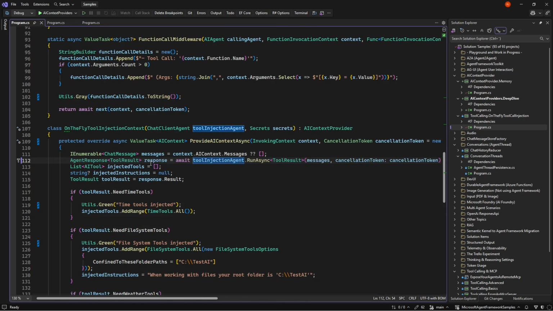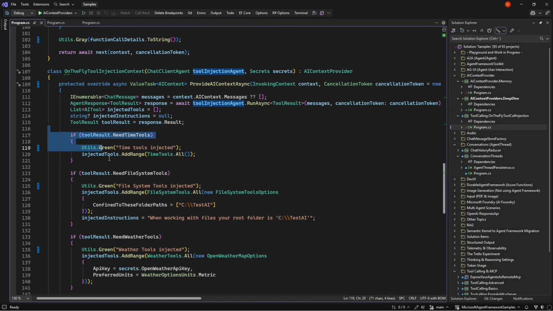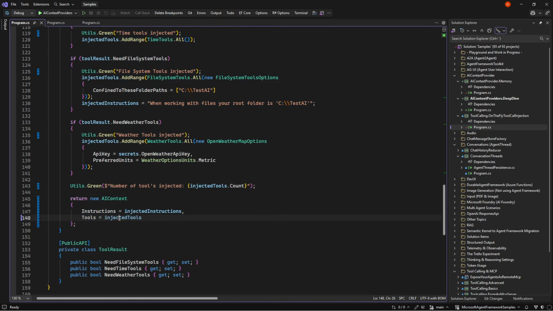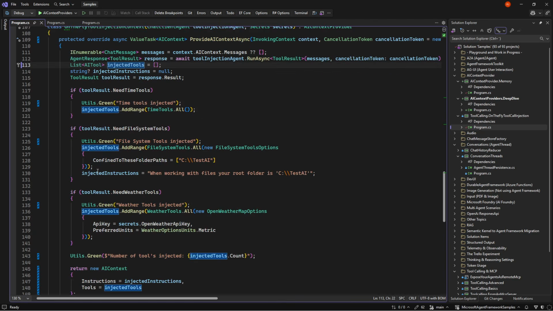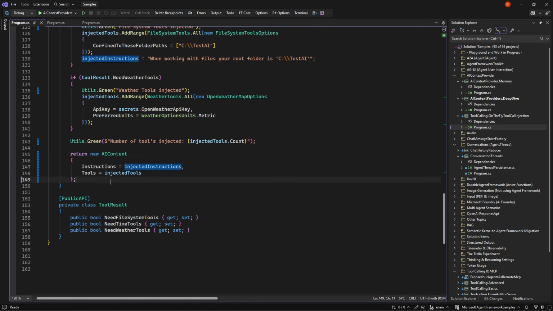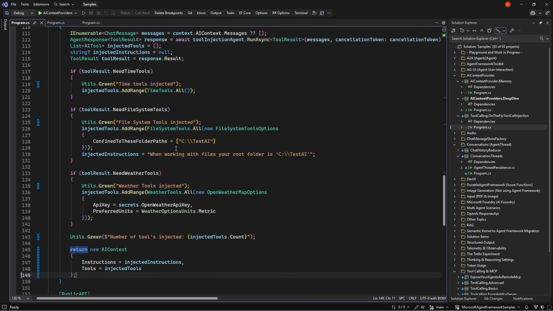And we end up with a response. And based on that response, we make a new context based on which tools we want to inject. So if we need time tools, we inject some time tools, some file system tools, or some weather tools. And the injected instruction is just something for the file tools on how it needs to work. So here we are on the fly putting in tools.